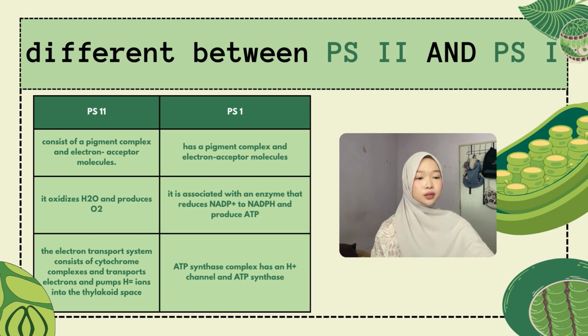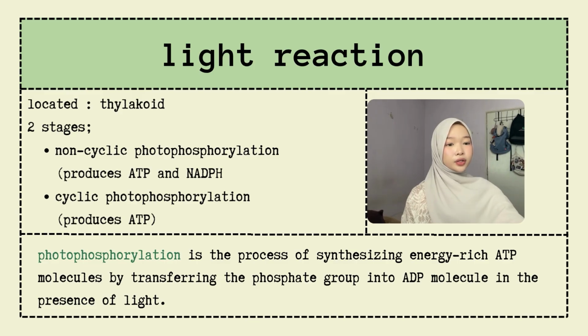Between these two photosystems, the electron transport chain helps create a proton gradient, which is used by ATP synthase to produce ATP. The light reaction takes place in the thylakoid membrane of the chloroplast. This stage requires light energy and is responsible for producing ATP and NADPH, which are later used in the dark reaction. There are two types of